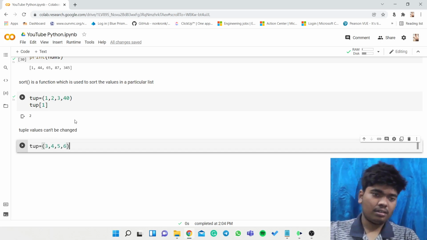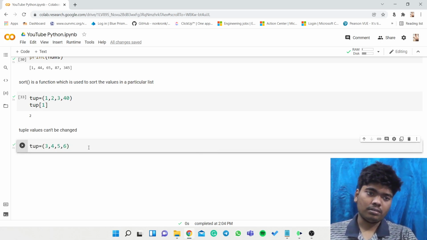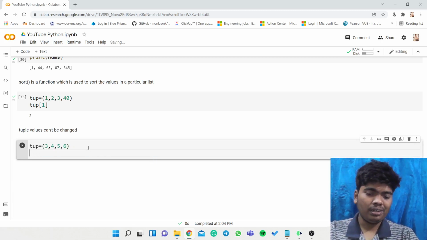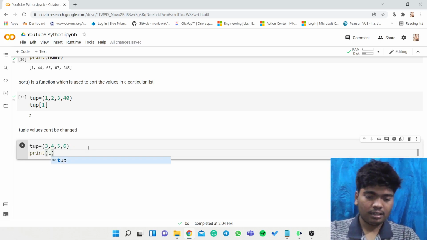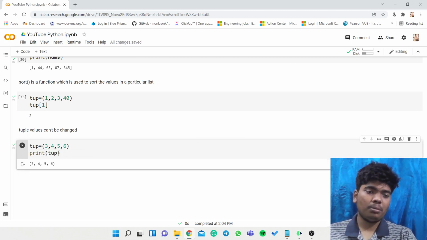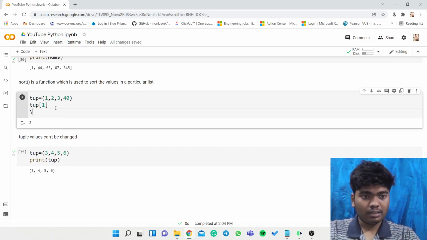So now we will just try to change tup is equal to 3, 4, 5, 6. I think this is not possible. Oh fine. I think in this Google Colab it is not following properly, but if we do it in PyCharm... okay, I think here we can't do that.